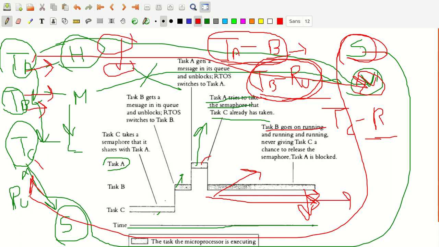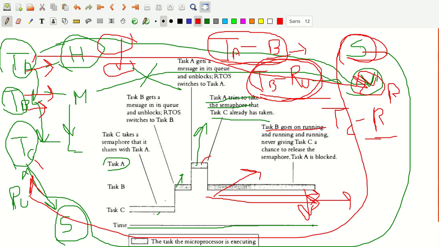Task A has come to a point where it wants its variable. Now task A has to keep on waiting for task C, because task C is holding that semaphore S here. Only after task C releases the semaphore will task A have an access towards that variable.